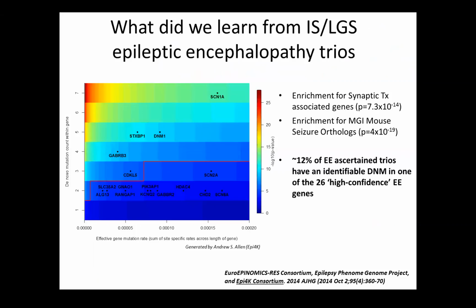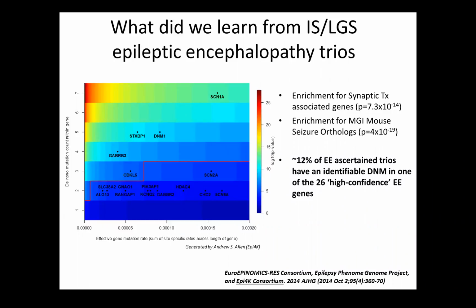Many of you would have been familiar with some of the earlier work that was done by Epi4K looking at epileptic encephalopathy trios. There are a couple of papers that were published, one in 2013, one in 2014, that looked at trying to identify excess de novo mutations in this patient population. And what we found, particularly within the 2014 paper, where we had about 360 trios, and that was a collaboration with the EuroEPINOMICS group, published in AJHG for anybody that's interested, was that there were indeed genes that